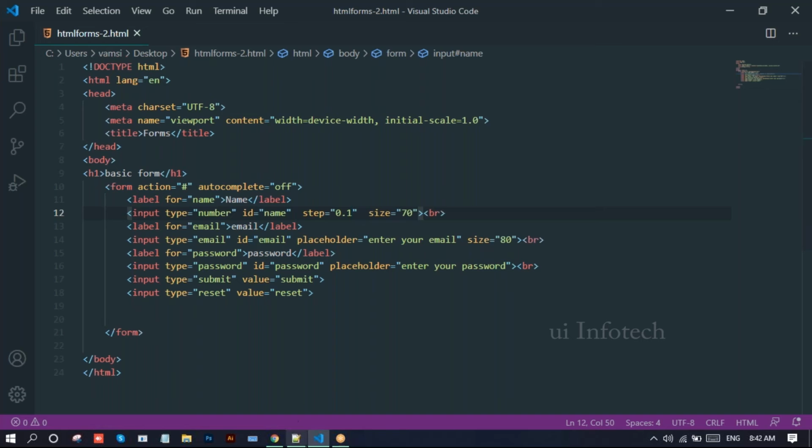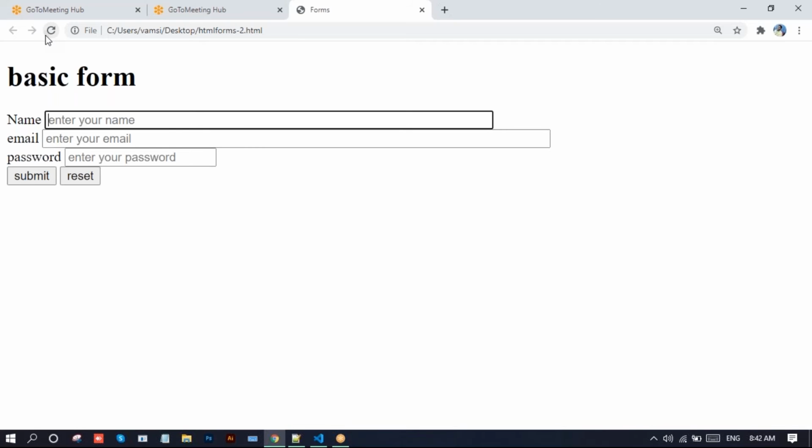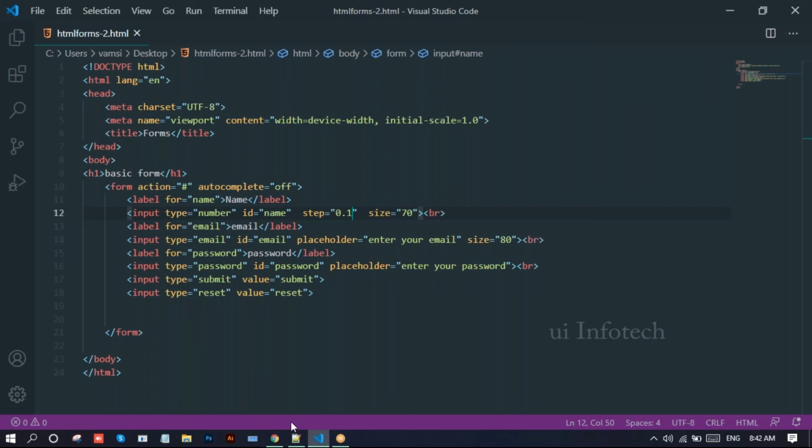Now go to this browser, just reload this page. Now here I'll take the 1, 1.1, 1.2, 1.3, 1.4, 5, 6, 7, 8, 2.1, 2.2, like this. So we can use a step here. You can use a step there. Next,